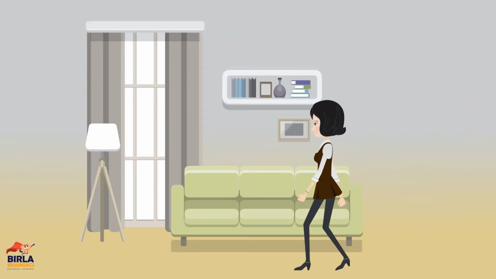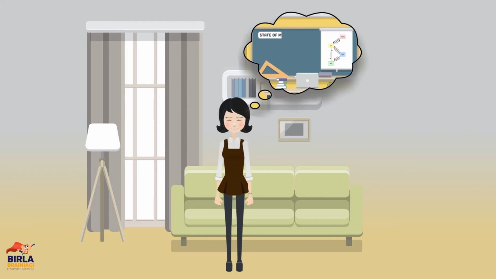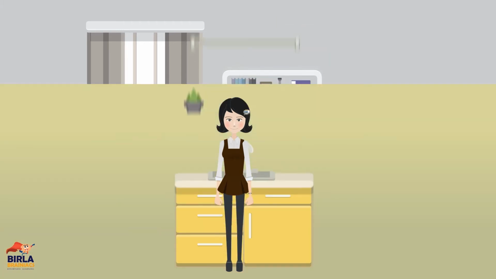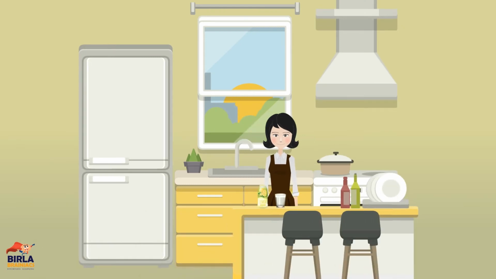Naisha comes back from her school. She has learnt in school that matter is anything which occupies space and has mass. Being a hot sunny day, she decides to make lemonade for herself by mixing lemon juice, sugar and water. She takes a glass of water and adds all the ingredients.